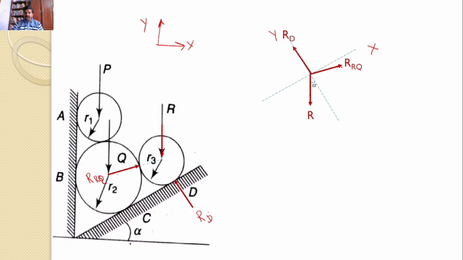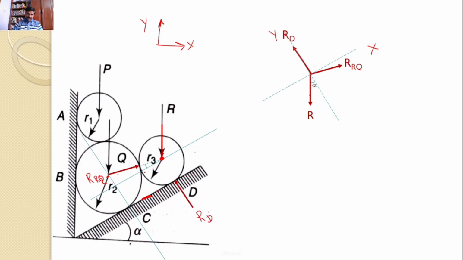Next, I would like to find the angle made by RQ. For that, I am going to construct a small right angle triangle. Look at that. I am drawing a line perpendicular to this trough passing through Q, and a line parallel to this trough passing through this origin. Here I can find a right angle triangle. So this is the advantage of considering x and y axes parallel to this trough. Now, you know this distance. This is nothing but R2 plus R3. R2 and R3 values are known.